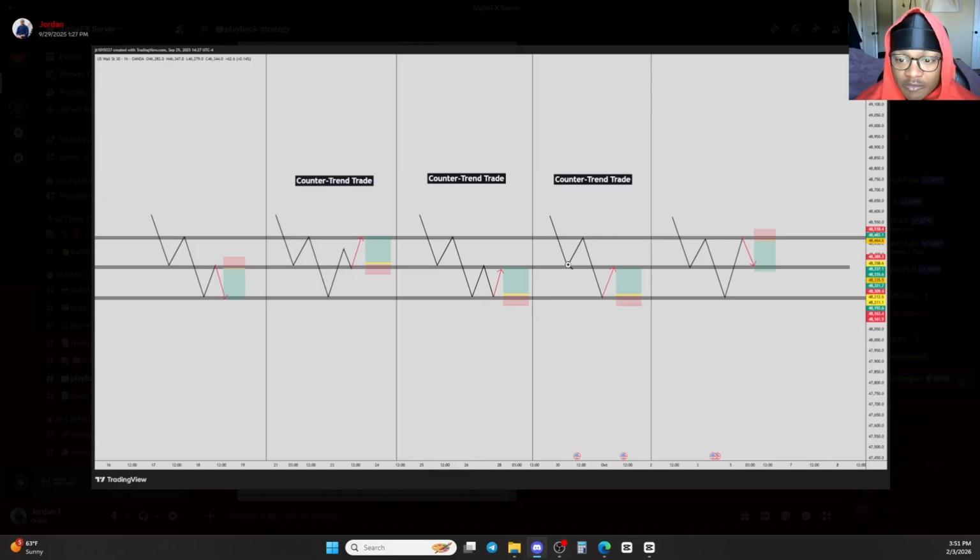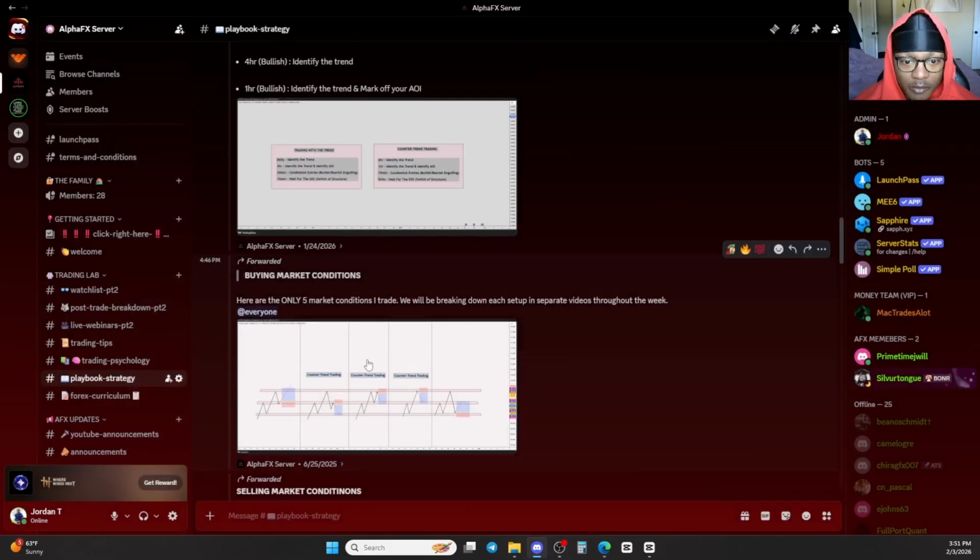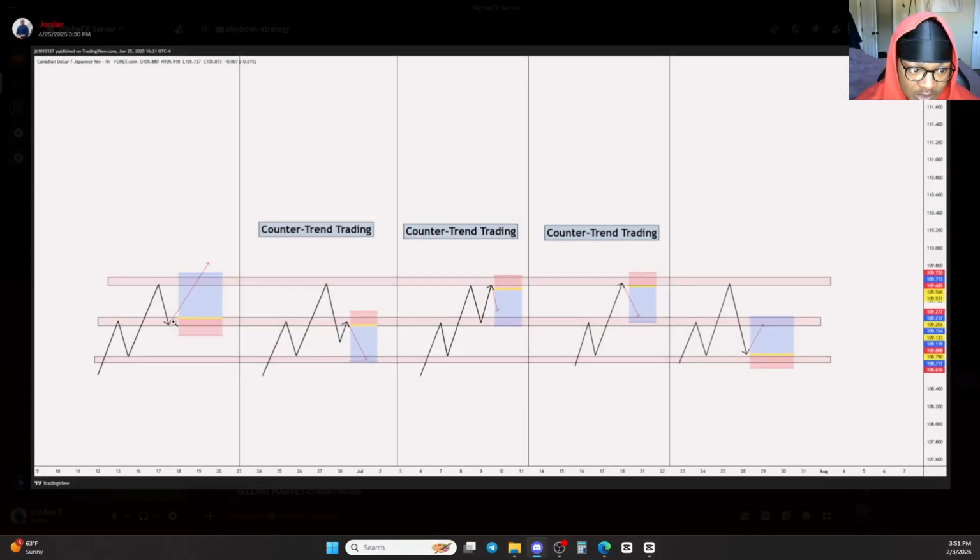Again, 3 given points in the market: my ceiling, my floor that turns into my ceiling, or my floor. And for my bullish example, we have the ceiling slash floor, ceiling, and then floor. Now, I give y'all this for a reason. It's not because it's made up. This is the only time I'm looking to enter the market, and these come from the daily time frame. The daily is going to show me where I'm at in the market.